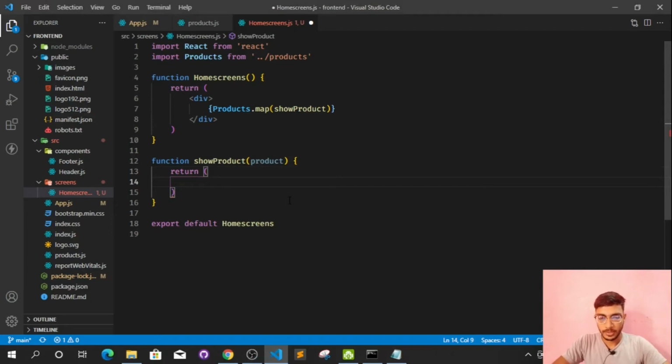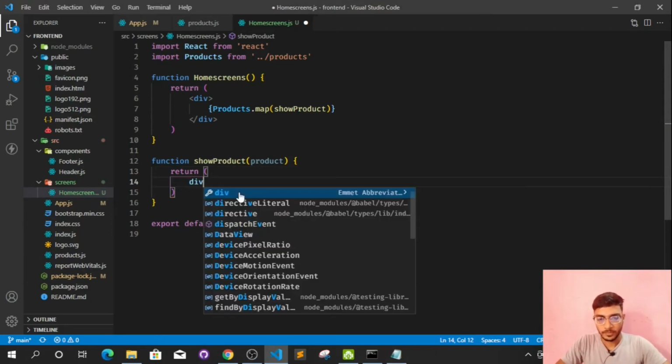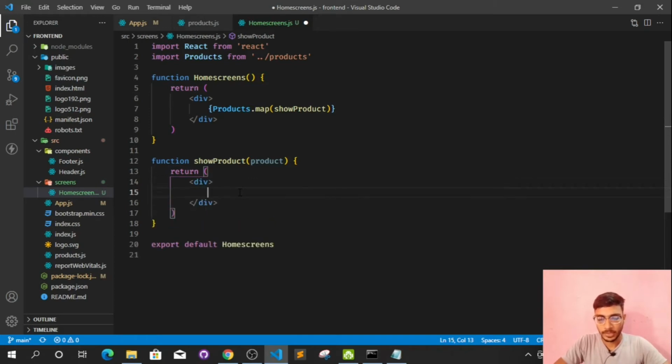Now let's press enter here and type div, and inside the div tag I will be using a paragraph tag, and in the paragraph tag, since I have to access this product, we have to put curly brackets in between these. So if I type anything here, like product dot name